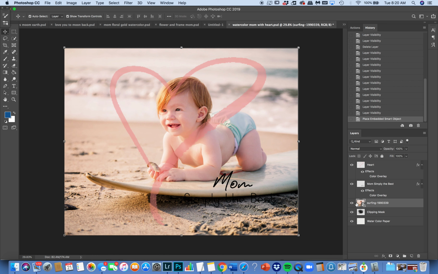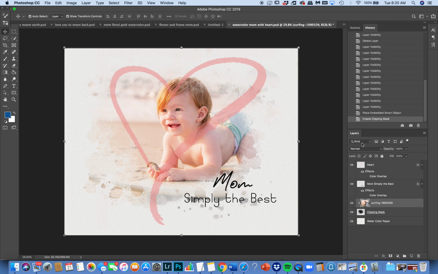Press OK. Make sure that it is above your clipping mask. That is the most important part. If it's not, just grab your layer and drag it. Now you're going to right click on your layer, create clipping mask, and voila, you have moved him into the template. He's adorable. He fits beautifully in this template,